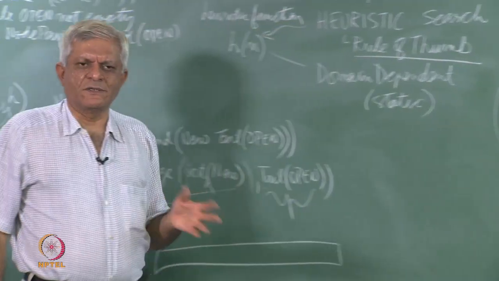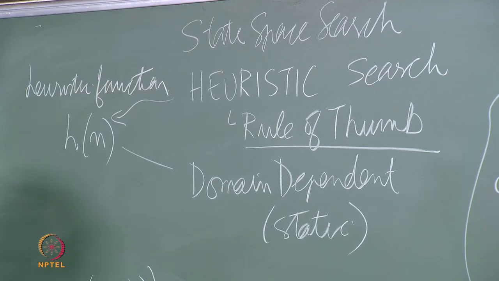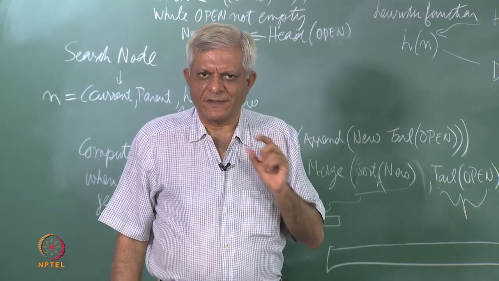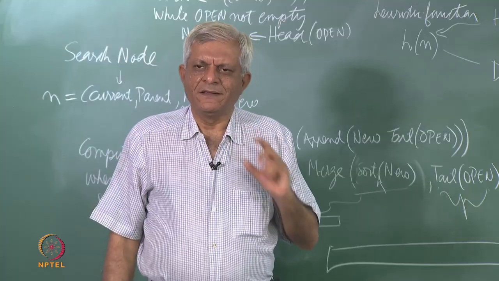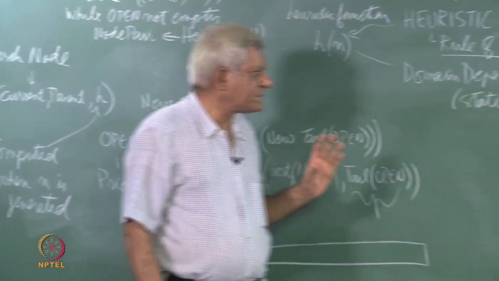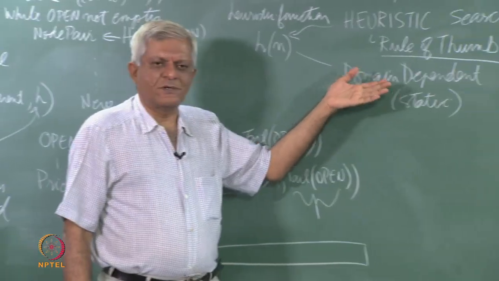And if you go to the Psychology Today website, they will say that it is a mental shortcut. A heuristic is a mental shortcut which we use to solve problems quickly. So, the emphasis is on the word quickly. We are trying to fight this combinatorial explosion and trying to use some knowledge, in this case from the domain,